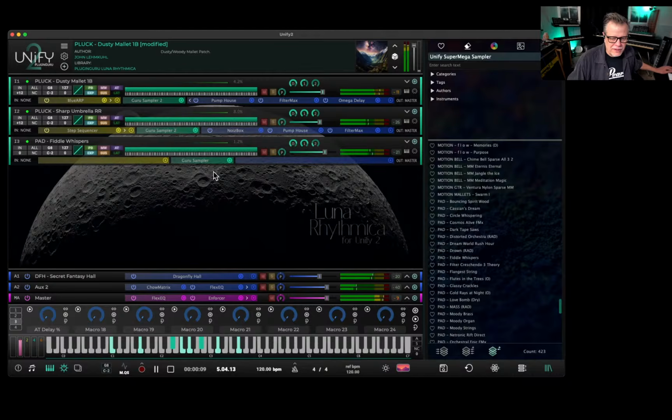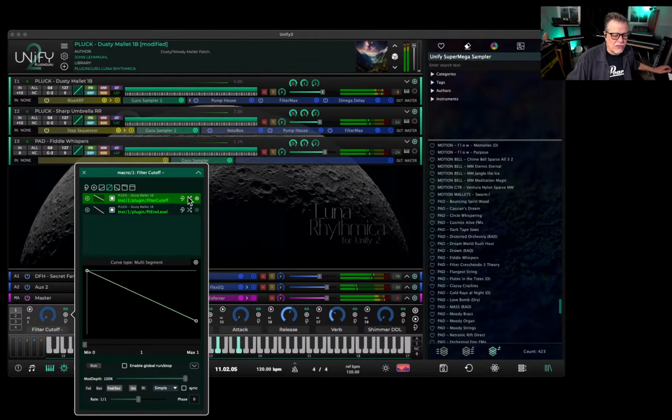Did you see the mod wheel? I might want to reverse that. So let's go over here and look at the mod wheel. Let's just flip the settings. So when it's down,